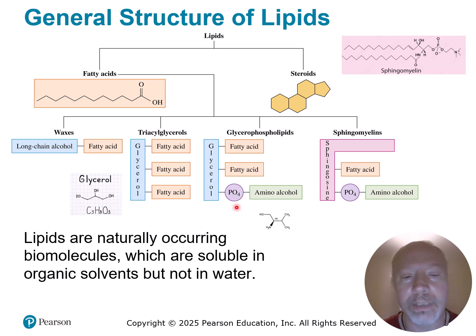Remember we talked about polyatomic anions. Well, phosphate was one of those, and it can be attached at one of the alcohols, and often it's at the end, and then it can be attached to an amino alcohol. So you can have two fatty acids, a phosphate, and an amino alcohol all attached to a glycerol molecule, adding complexity. When we talk about an amino alcohol, we see that right here. There's an amine group and a hydroxyl group, and then there are some methyl groups.